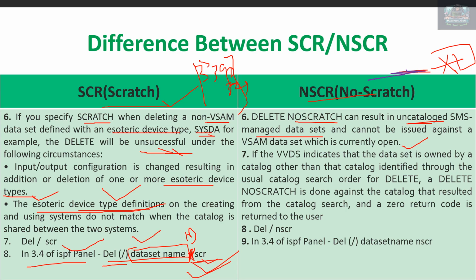So what happens? You should not do this when suppose a VSAM dataset is currently open. You should not do this, because the dataset connection will be removed from the catalog. Okay, if the VVDS indicates that the dataset is owned by a catalog other than the catalog identified through the usual catalog search order of the delete, a delete no scratch is done against the catalog that resulted from the catalog search and a zero return code is written to the user. Okay, it may be a bit confusing. What it is saying is